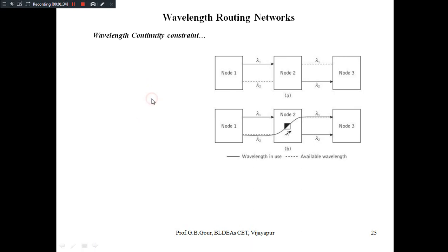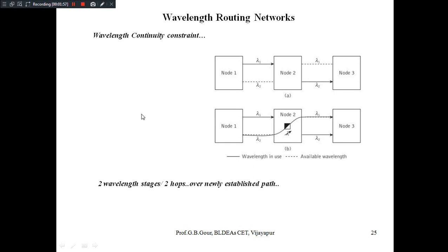Now today we'll see one more important concept, which is based on wavelength routing technology. Any optical layer which exists above or with the physical layer is based on wavelength dependent concepts.